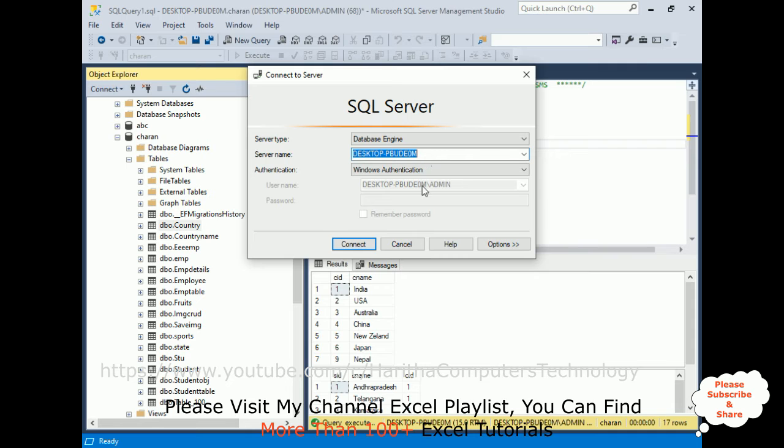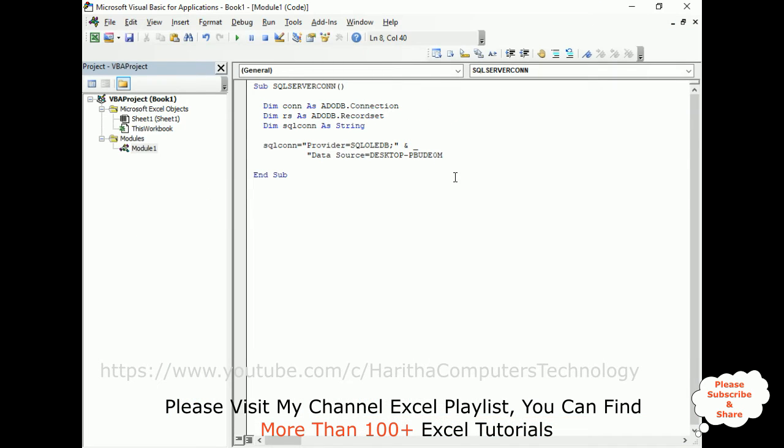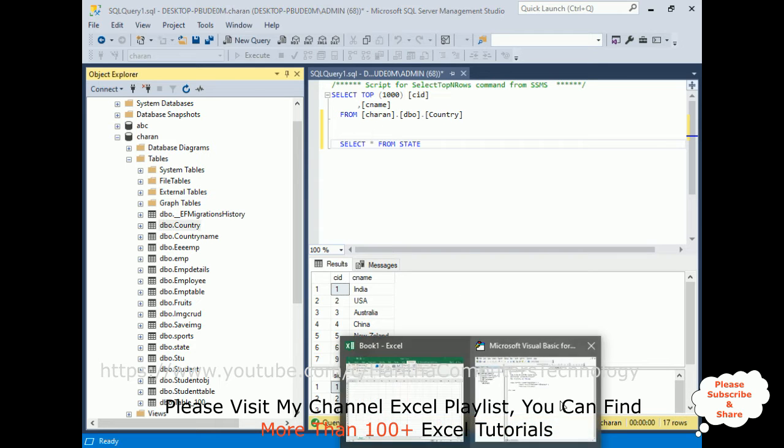Let's copy this one. After that, let's paste here, double quotes, double colon, double quotes, ampersand, ampersand. After that, initial catalog is equal to, initial catalog is our database name. What is our database name? Here is the Charan database. See, this is the Charan database,